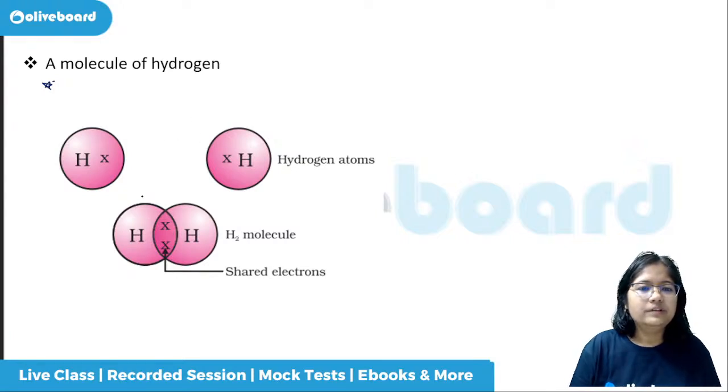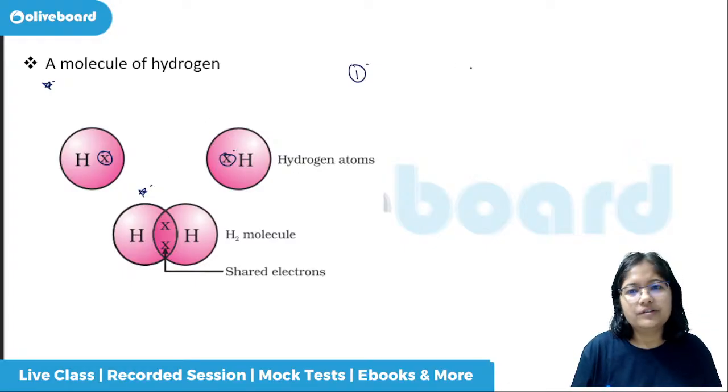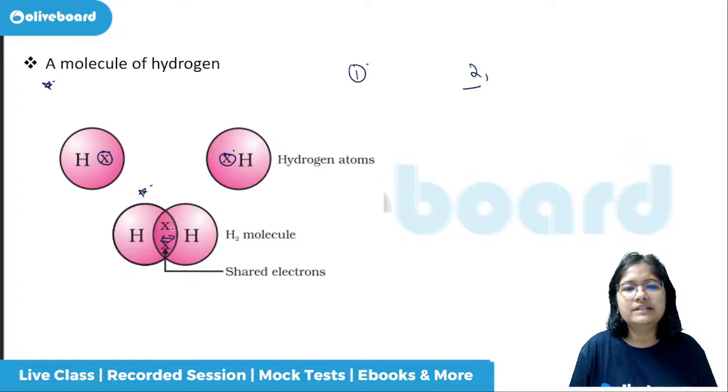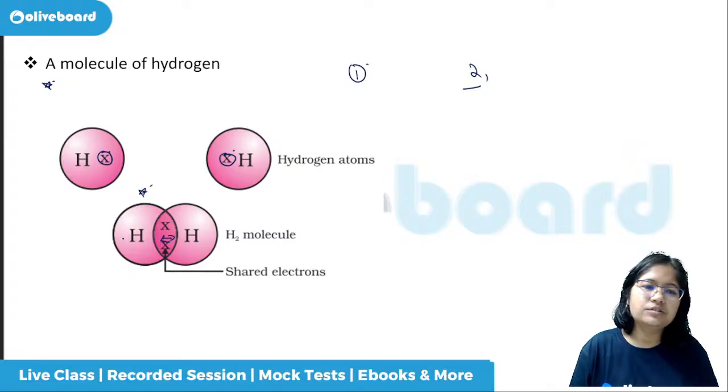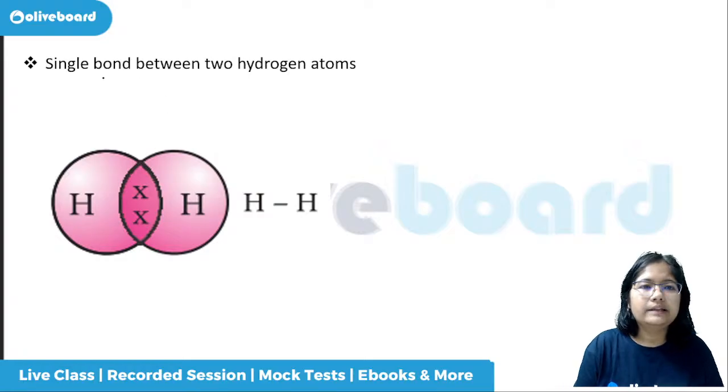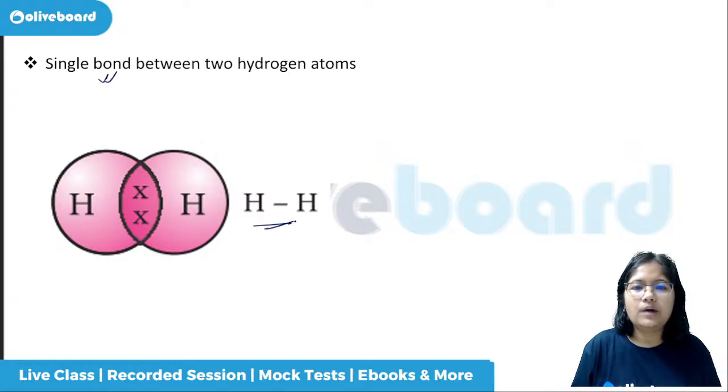Okay, now coming to the hydrogen atom. For the hydrogen atom, you know that it has just one electron, right? So one here and one for this one. Now for stability, again we know that it first has to have two, so they will decide to share electrons, and these shared electrons will give this hydrogen also 2 and this hydrogen also 2, so both of them will form the molecule, that is the hydrogen molecule. And there will be a single bond between the two hydrogen atoms.